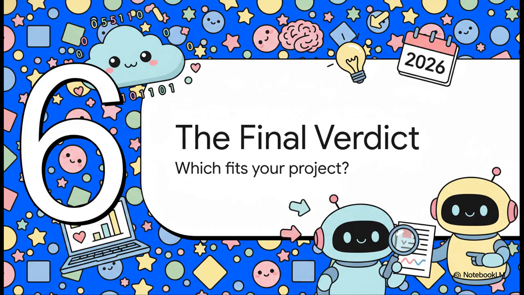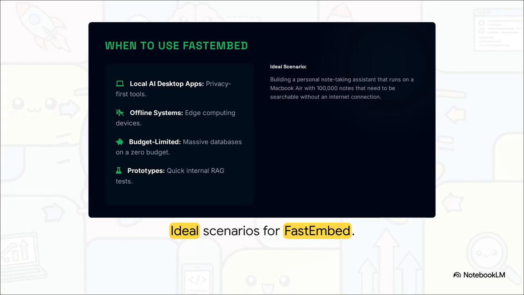And finally, Part 6, the final verdict. So, after looking at all the data and use cases, when you actually sit down to build your AI project in 2026, which system is the right fit? Well, FastEmbed is basically the ultimate choice for zero-budget hobbyists, quick prototypes, and privacy-first local apps. Think about building a local system where you can seamlessly talk from a text file and instantly get the perfect matching slide from a massive PDF file source, all without an internet connection. For a project like that, FastEmbed is absolutely perfect.